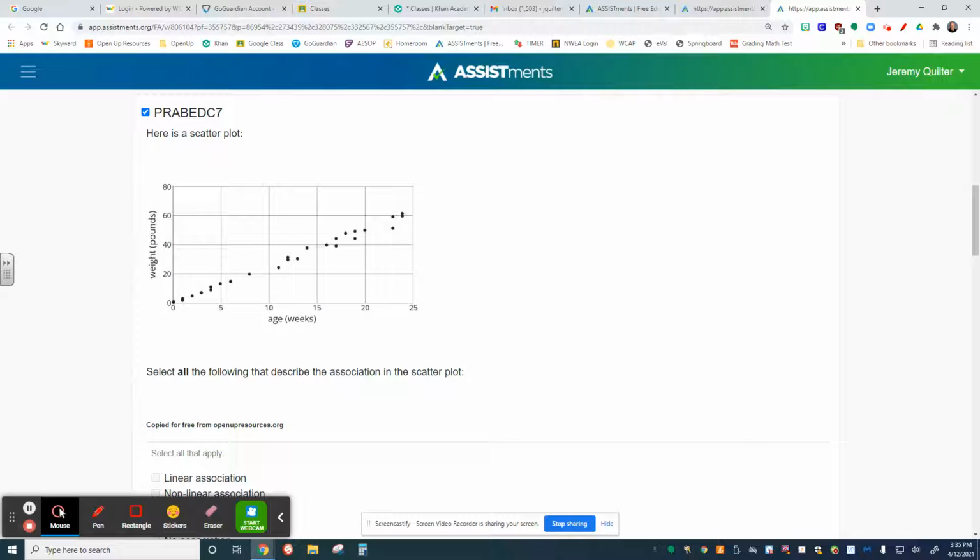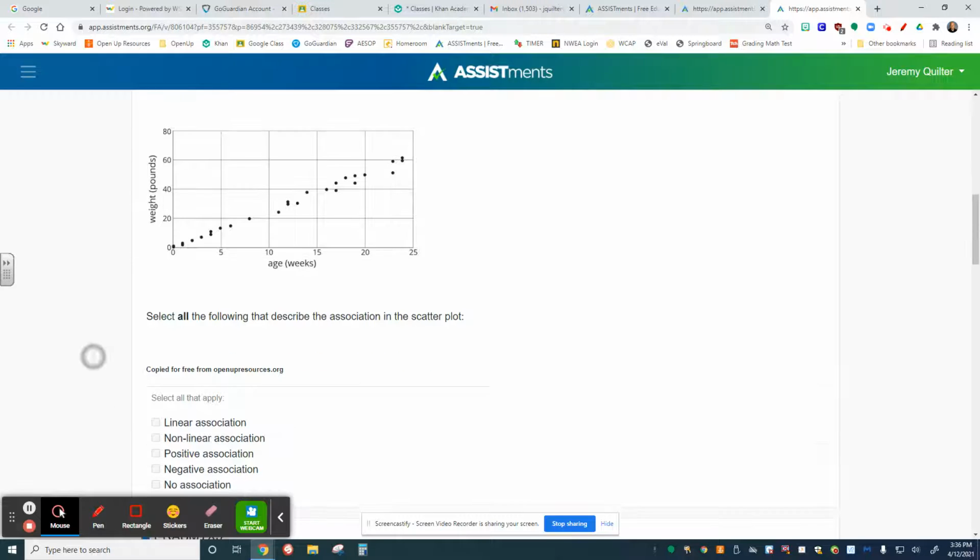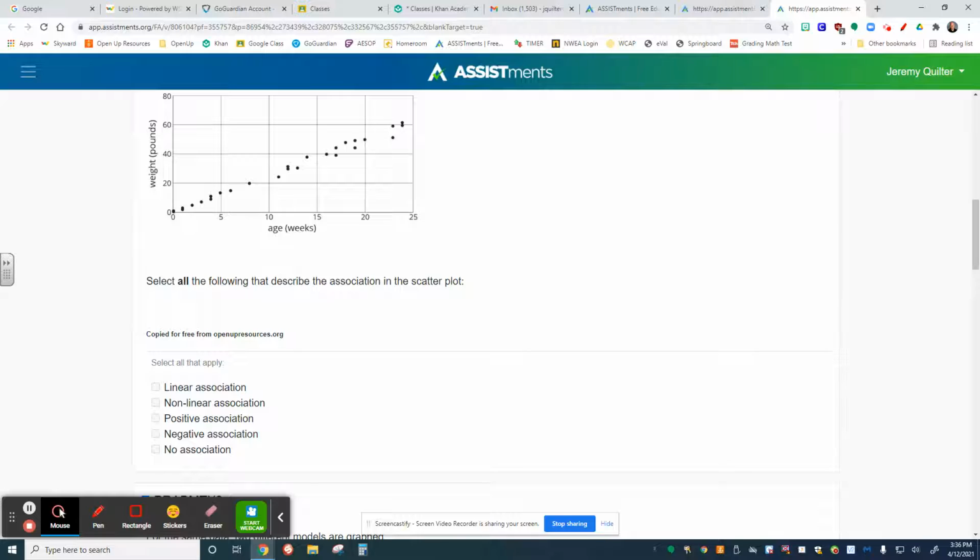This one, we're going to make some analysis of this scatter plot. And so here's a scatter plot. Your job is to select all the following that describe the association in the scatter plot. There's really two major associations that we're looking for. We are looking for associations that tell us whether our data are linear or nonlinear. Now, obviously, a scatter plot can never be exactly linear, or else we'd call it a linear equation. But we call this a linear association, meaning that the data